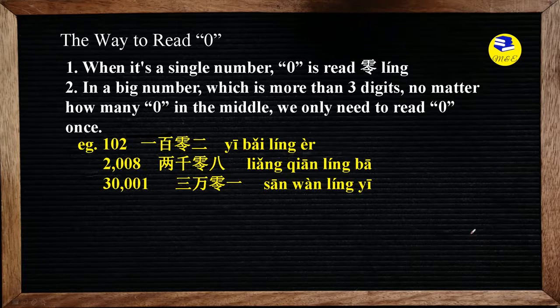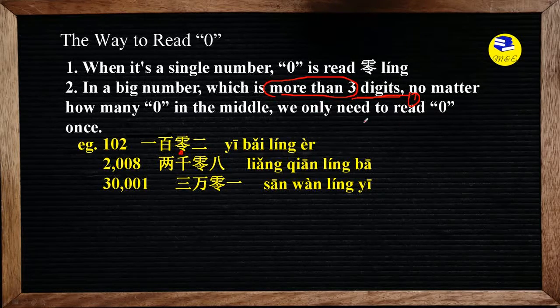You see here, the first one, just now we've seen it, right? 102 is called 102. Why not 102? Because here it should add 0. See? So according to the second point, it is a big number which is more than 3 digits. So this is the first condition, right? It must be 3 digits or maybe 4, 5 digits. After all, it's more than 3 digits,